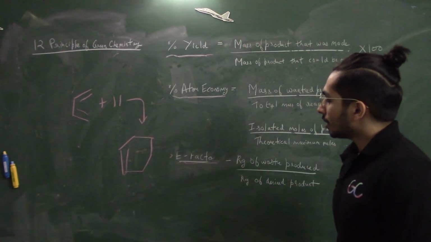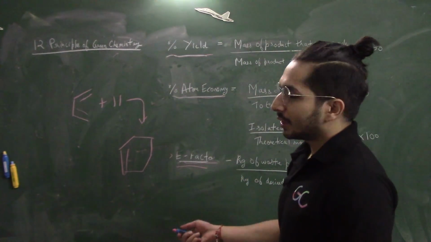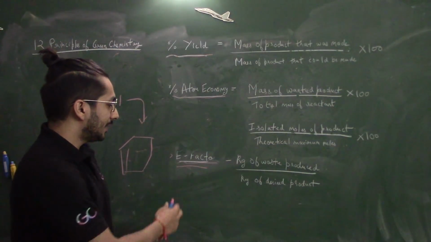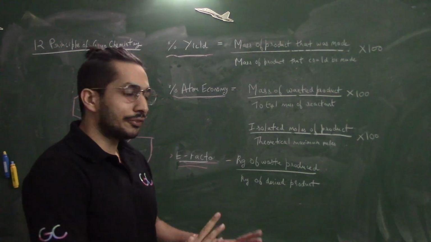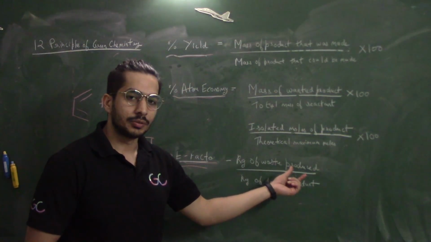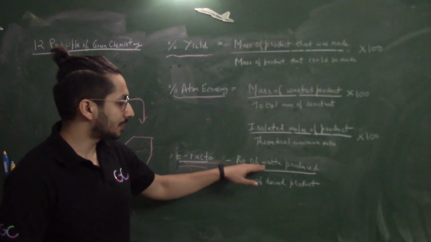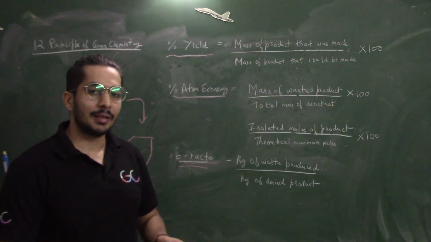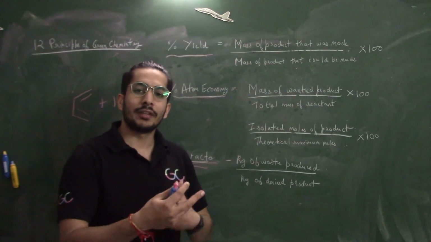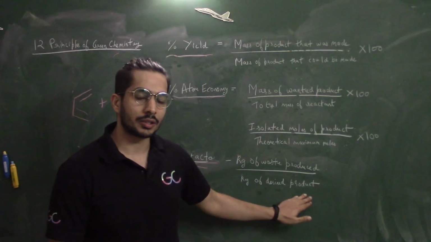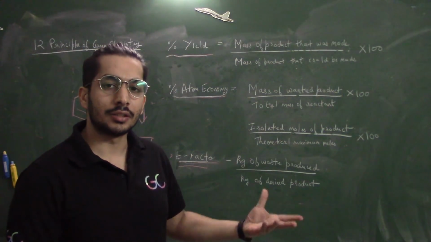Okay. Now one more last metric that we need to calculate. It is a very simple metric, and this is called the E factor. Now what is the E factor? E stands for environmental factor, and it's a very simple formula, that is kg of waste produced. So basically, if you do a reaction, whatever amount of waste is produced in kgs upon the kg of the desired product. So this is a very important factor for industries.